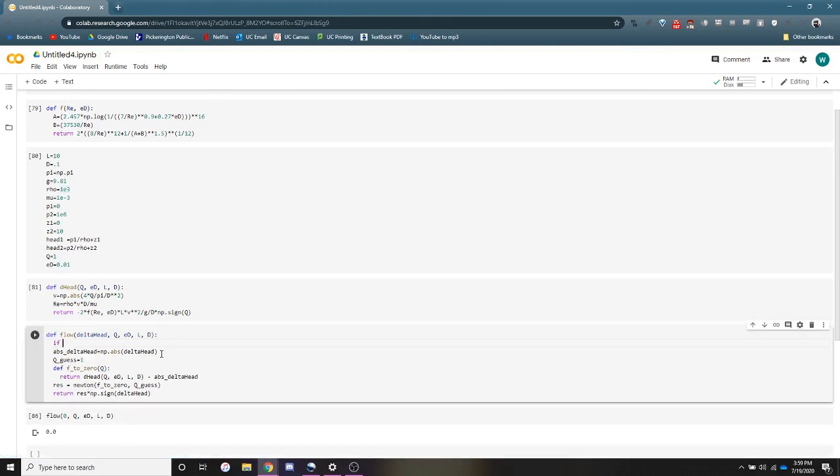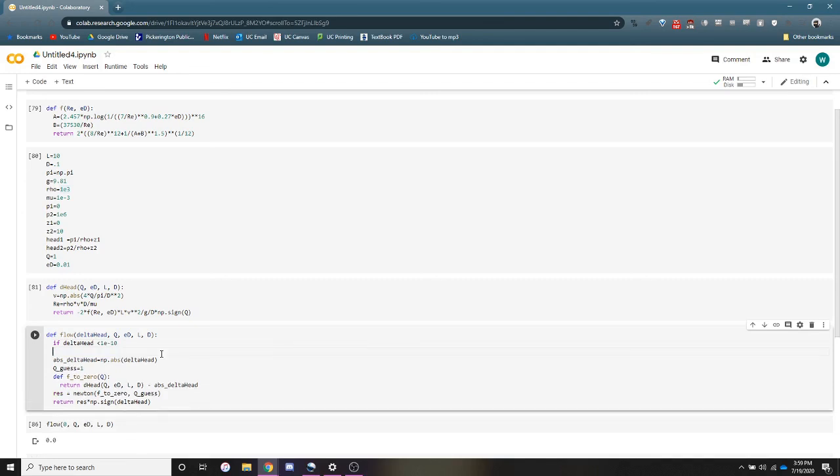So if delta head equals 0, or not really 0, but if the delta head is less than or equal to one number, so we're going to say 1 times e to the negative 10, then we're just going to have it return